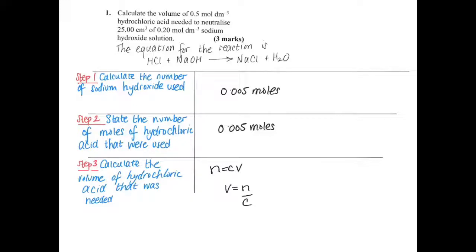The number of moles that we have is 0.005 moles, which is this number here. The concentration we get from the question, so the concentration is 0.5 moles per decimetre cubed. We're going to put that in below, 0.5, and the answer that we get is